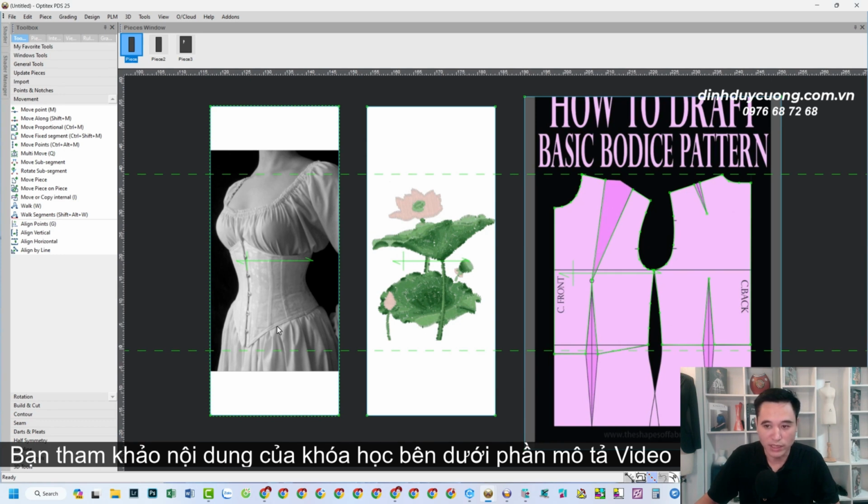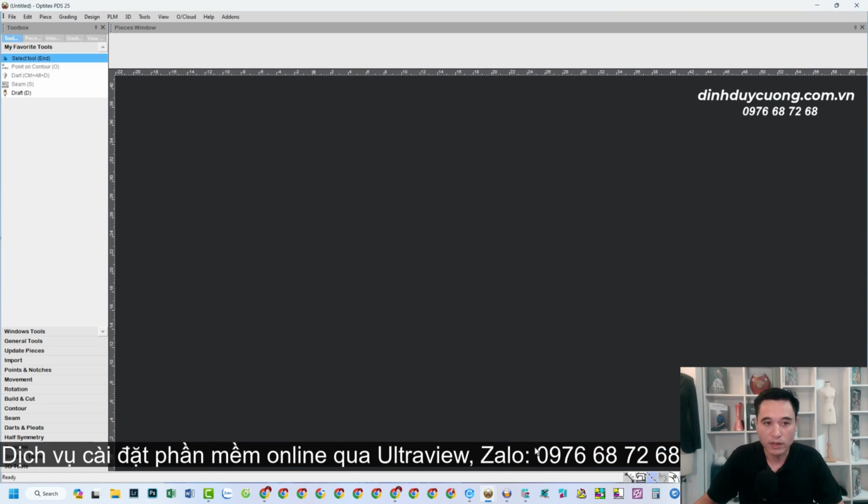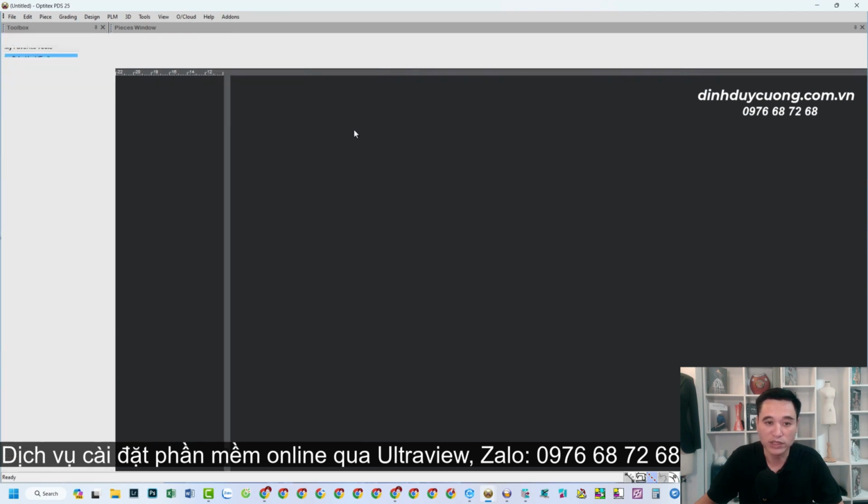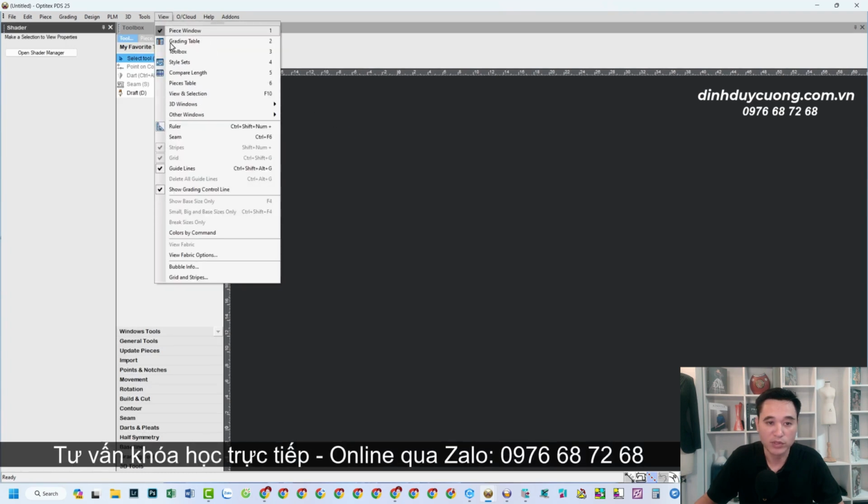If you are looking to insert an image into this specific workspace, here is exactly what you need to do. This is the basic user interface that you will see when you first open the Optitec software. To begin, please navigate over to the View menu at the top. Then proceed down to the 3D section and select the 3D window option. Open the shutdown section. You can also use the shortcut key, which is the number 9.